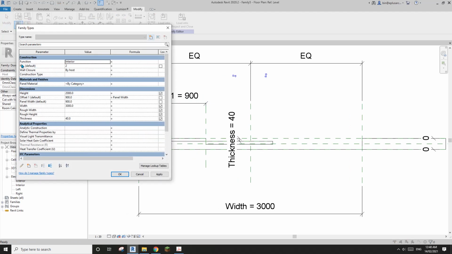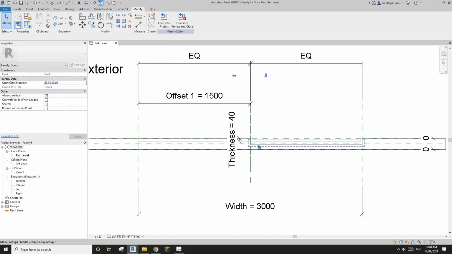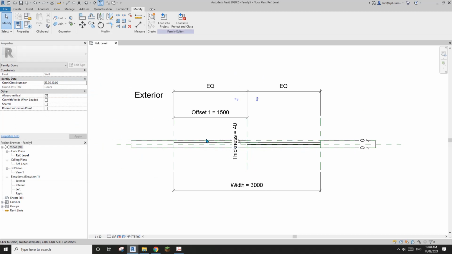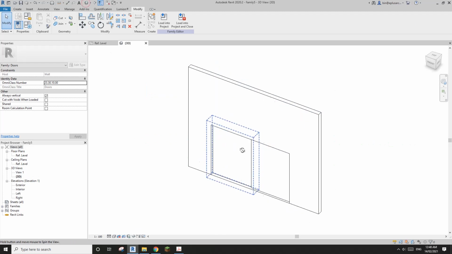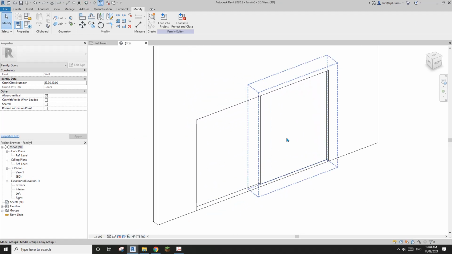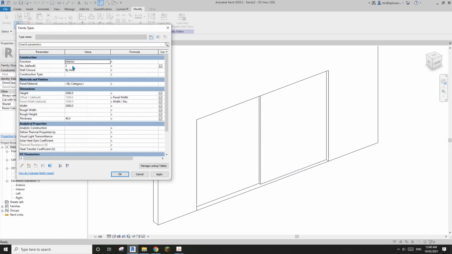So now go back to family type. We have this number here, and we can get the panel width from this number and width. So panel width equals width divided by number. If I apply, you will see these two panels will fill the overall width. Okay, so let's go to 3D view. You will see two panels, and then if I change this, so for example 3, 4,